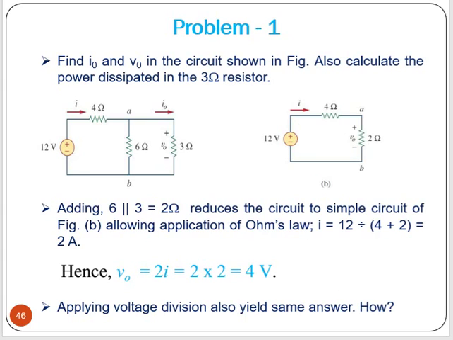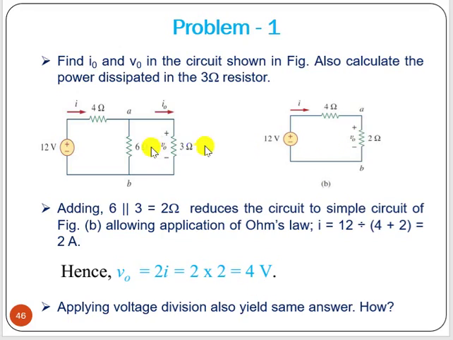Okay. Now find I0 and V0 of this circuit. How can we solve it? We can take these two in parallel and apply the parallel resistance formula, R1 into R2 divided by R1 plus R2. So 18 divided by 9 is 2 ohm. You can find the value of I directly, nothing but V by total resistance, that is 2 ampere, and the voltage drop across this, V0, will be 4 volt.